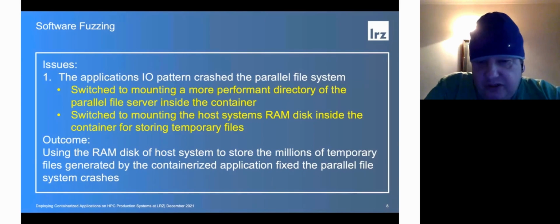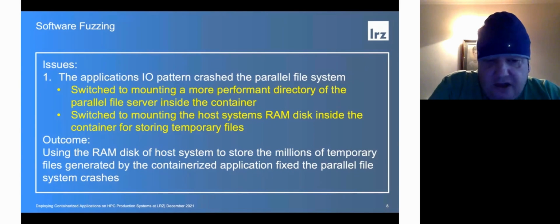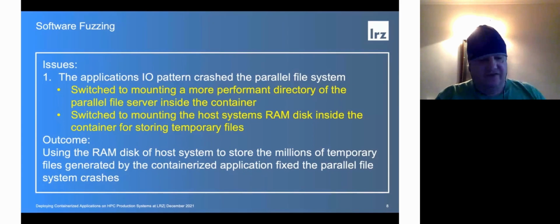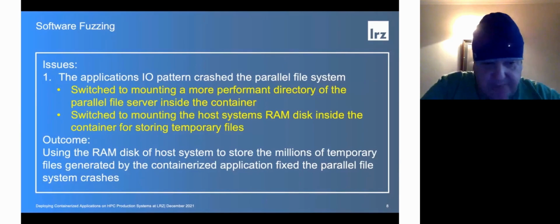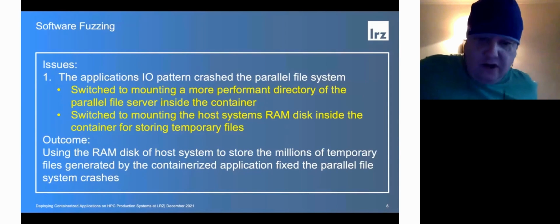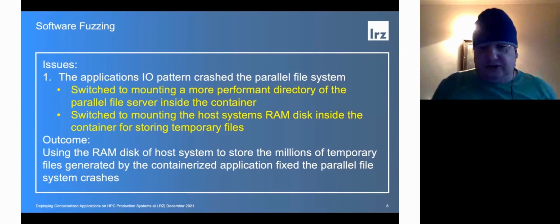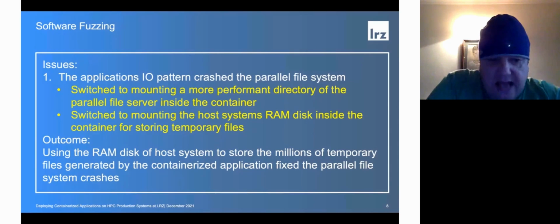So we decided to let them mount, instead of just mounting the file system, you could actually mount the RAM disk. So instead of writing the data to the files, we're actually writing to the actual memory on the node. This actually worked very, very well, and the users were able to take advantage of the RAM disk and to run